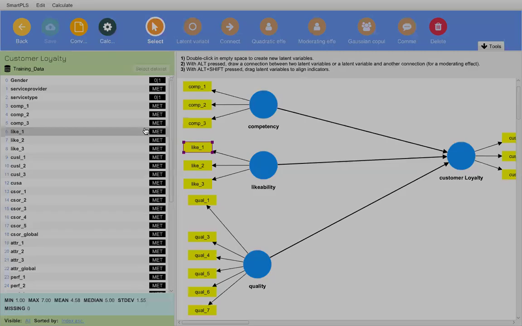When you select it, it will give you an option to choose group A. We want our group A to be what? Males. And group B should be what? Female. You can leave your permutations at 1000, it's okay. And the rest can just be left on default. So after that, calculate.